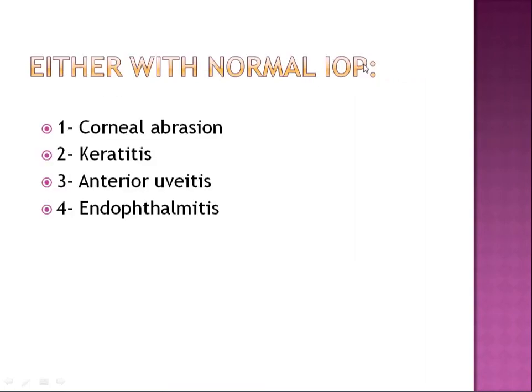Now, conditions wherein red eye is with impaired vision. This impaired vision can be either with a normal IOP or a raised IOP. With normal intraocular pressure, you can have any corneal pathology, like even a small corneal abrasion or corneal ulcer. Anterior uveitis will have a normal intraocular pressure, but it will have pain, and definitely there will be a decrease in vision. Then endophthalmitis. Here the vision is severely affected, but still the intraocular pressure is normal. There is a chance that the patient might lose his vision. We've also discussed panophthalmitis, wherein the patient has already lost the vision.